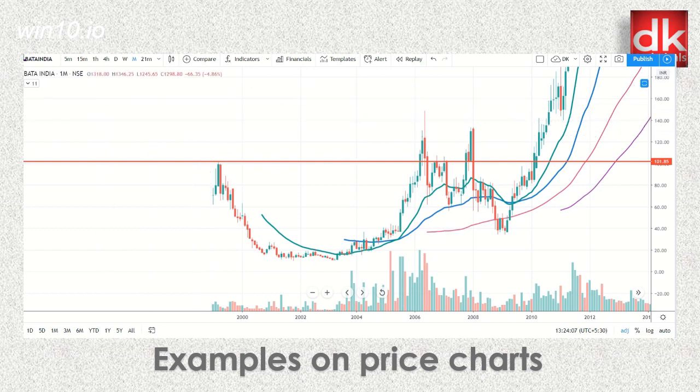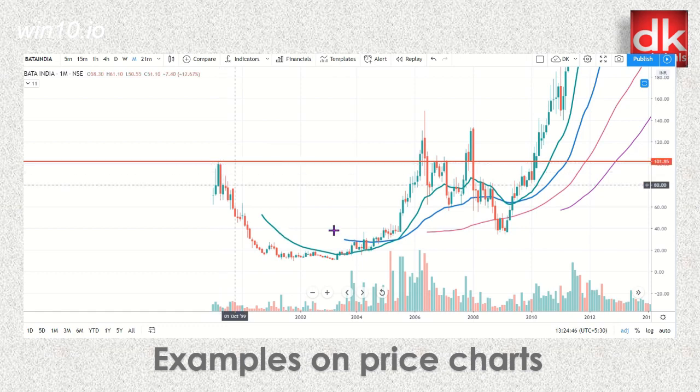This is the price chart of Bata India in monthly time frame, where we can see the price has fallen from 102 level to as low as rupees 10 only. It can be seen there is a vertical fall where the market made a bottom here, and then a beautiful rounding bottom shape has formed, and this is the neckline where the price recovered, and finally this fall started in the month of April